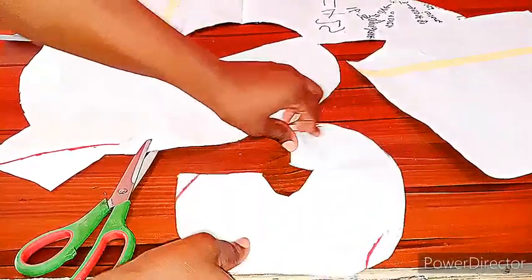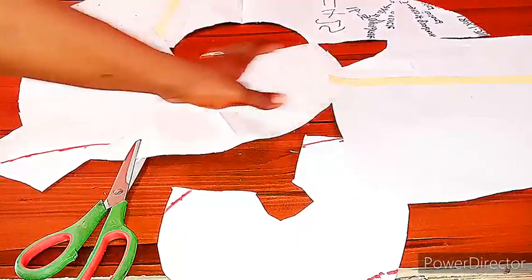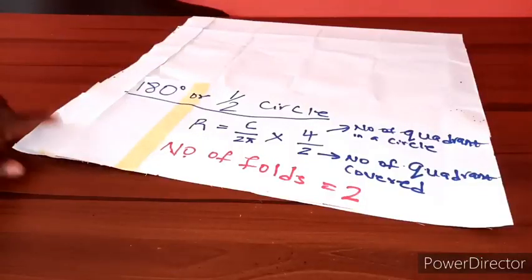This is just a rough work. I don't know why this happened. Maybe I mistakenly cut the wrong one, but this is how to cut a 3/4 circle skirt. The next circle is